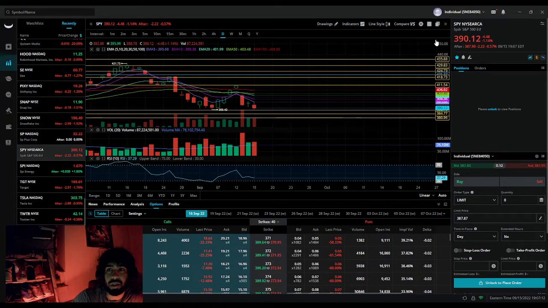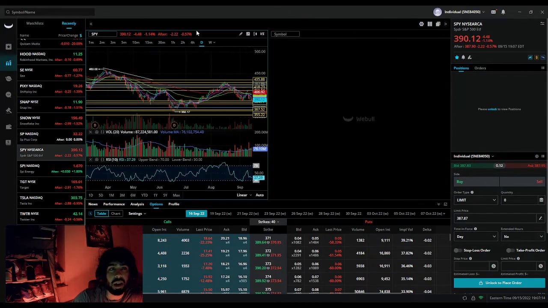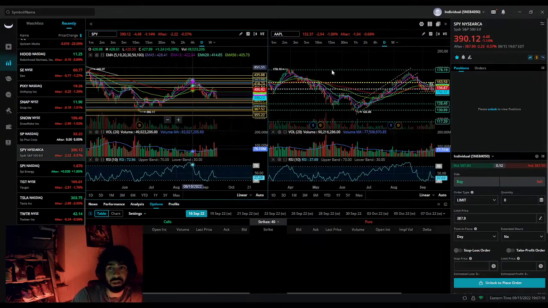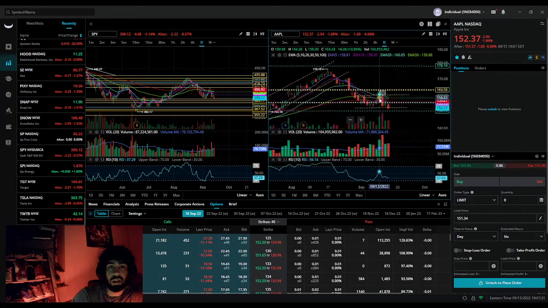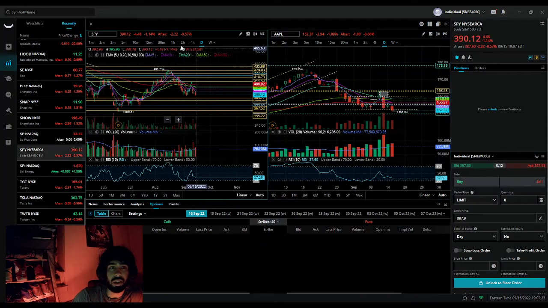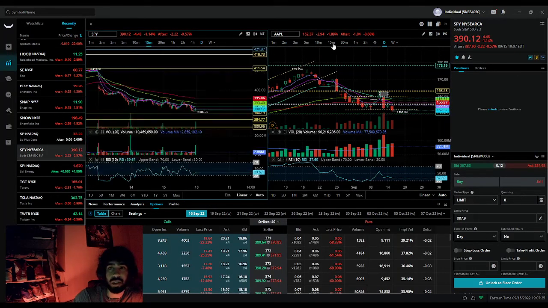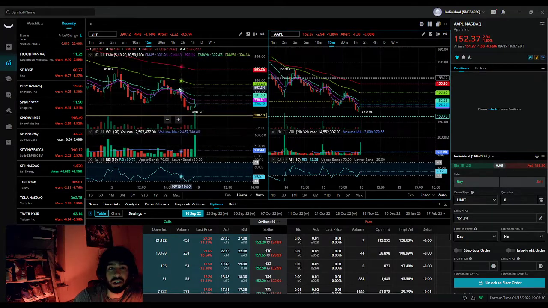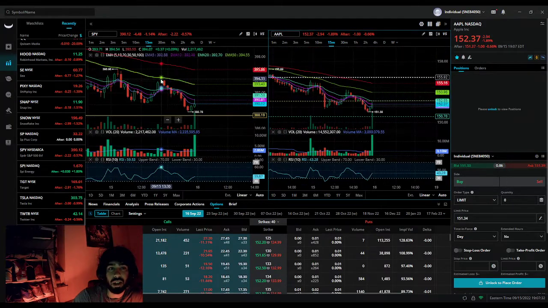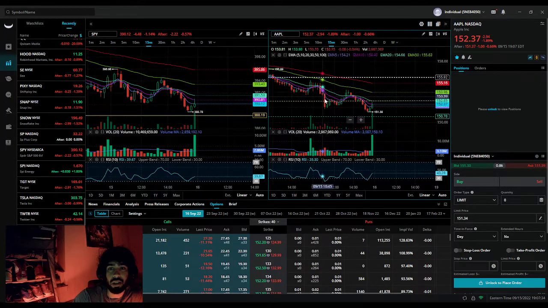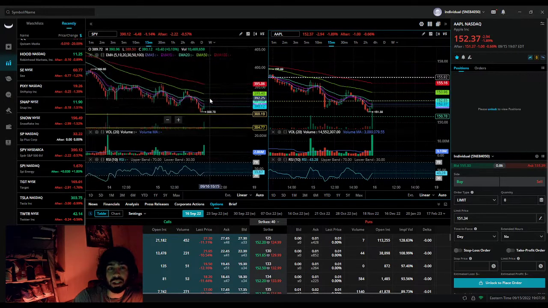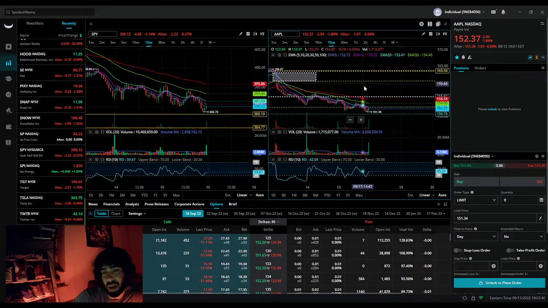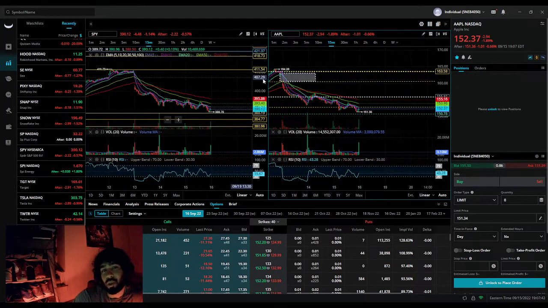If you look, let me show you guys something. If you look at SPY and Aapl, they are similar and identical. Let me show you the 15 minute. Look how identical they are. This is the same time. It goes up, it comes down. It goes up, it comes down. So basically whatever SPY does is what Apple's definitely going to do. So we'll just wait for tomorrow.